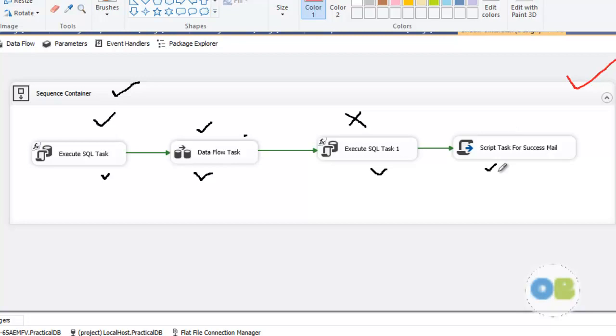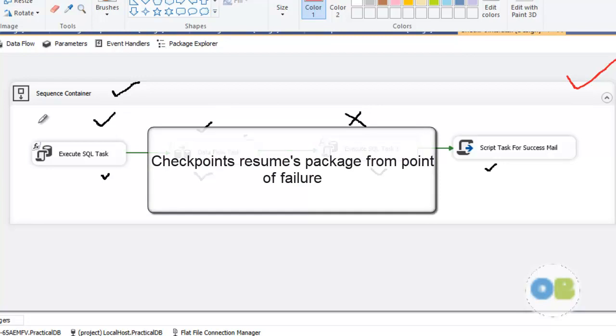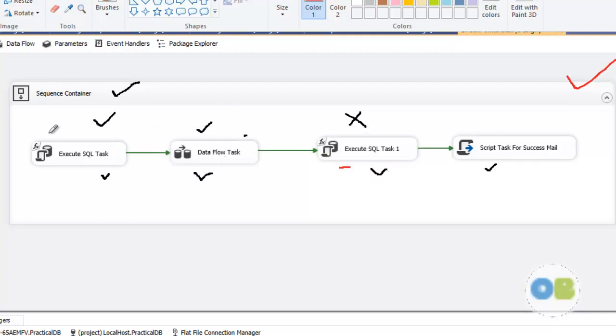Previously I said that checkpoints are the opposite of transaction. So why are they the opposite of transaction? Let me make you understand with this same example. Here in this case, my entire transaction restarts if any one component fails. Suppose my component fails here, then the entire package restarts with all the components, that is this component again, this component. So if you have fixed the error here, then my entire transaction restarts again when you restart your package.